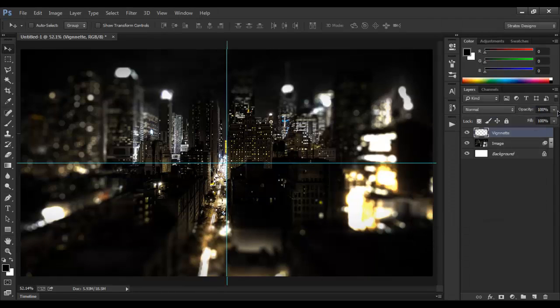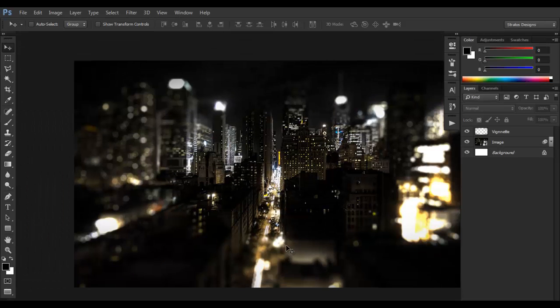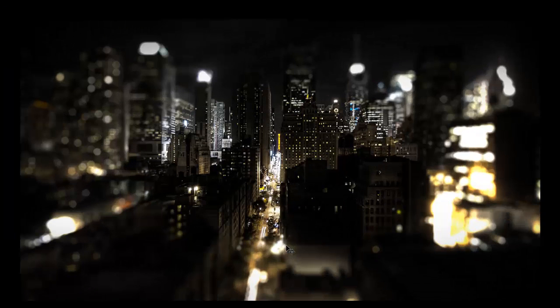So once you've done that, you could just control the brightness of the vignette from the opacity slider. I would be having it at 100%, and hide these guides by pressing Ctrl semicolon, and move full screen by pressing F, and again pressing F and pressing Ctrl 0, and you can see your image here, and it looks pretty nice to me. So that's it,